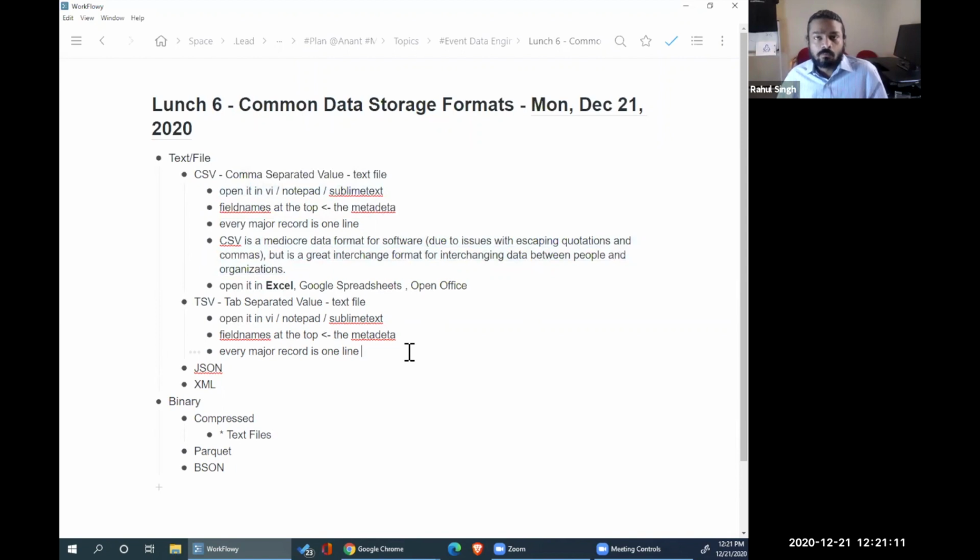Tab separated, why do people use it? Well, it was one of the mainframes. When you look at information, it was just like text, and one of the best ways to get data out of it was a tab separated value that you could read. And when it's tab separated, it's like one field has 10 columns. The next field will have 10 columns. So when you're looking at it, it looks like a table. It is easier to read if you're looking at a tab separated value file than it is to read a CSV